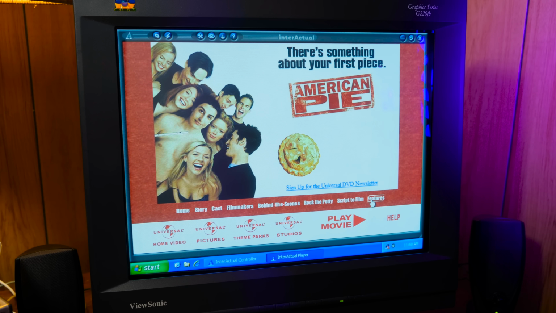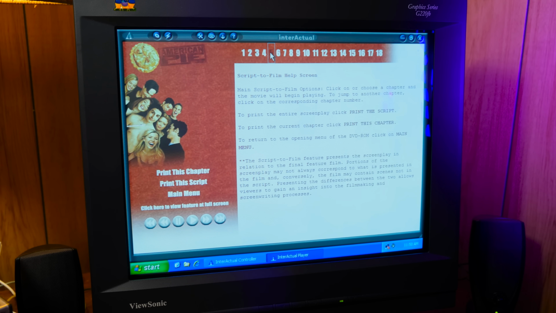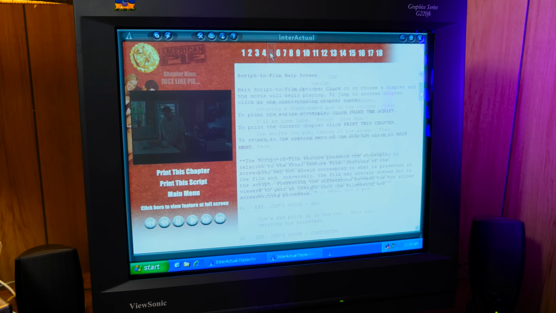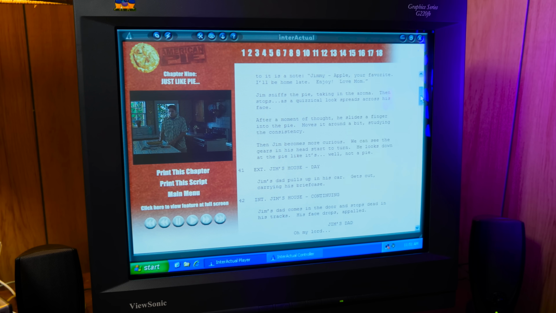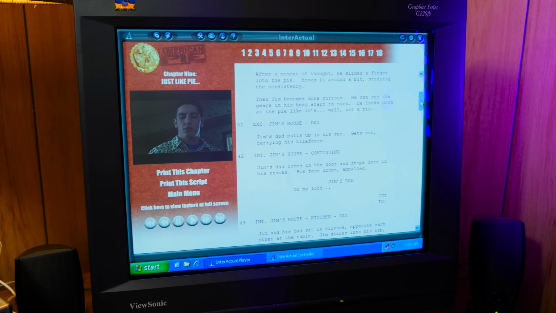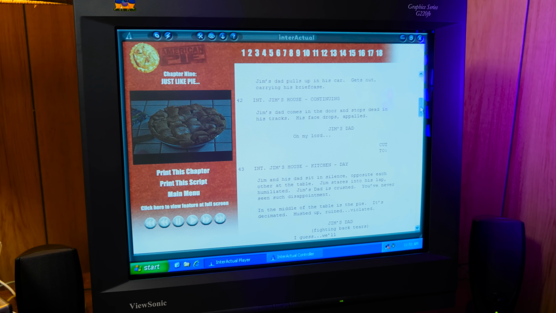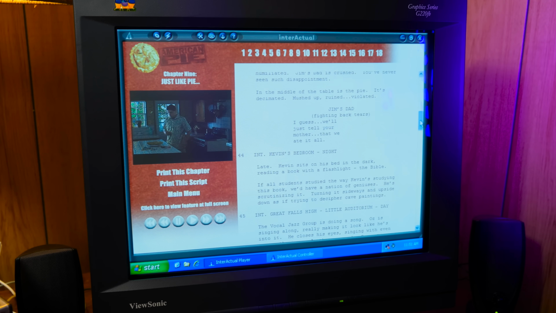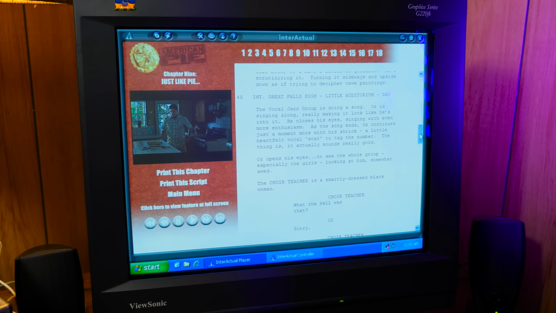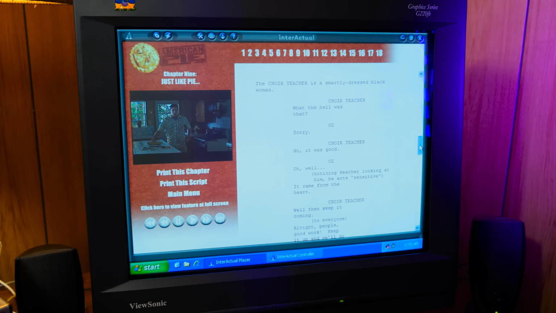And a really cool feature called Script to Film, something you see in various forms under different names on a lot of these DVD-ROMs. It's a copy of the film script you can read and compare to the final cut of the movie, referencing the original words on the page with the end results on the DVD as that plays off to one side.